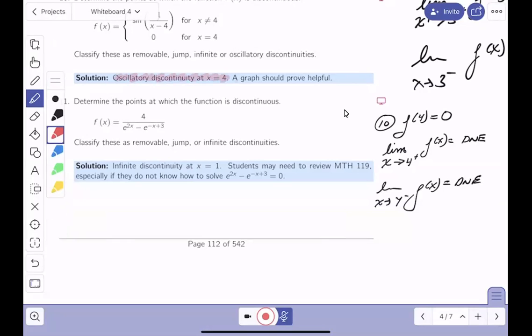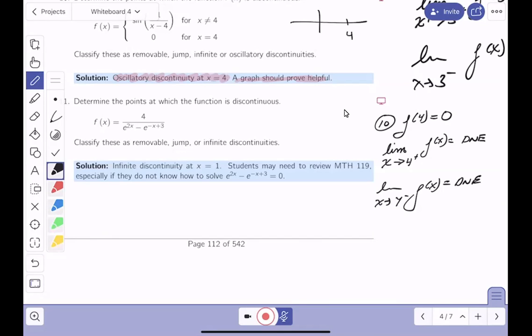It goes on to say a graph may be helpful. The problem with graphing these things is that when you do graph it, you're going to find out the thing gets very dense when you get near 4. It is basically bouncing around between plus or minus 1. So let me just point that out in a graph. And again, I'm not saying it's going to be easy for you, but you may want to use technology to do that. And I'm going to point out at 4